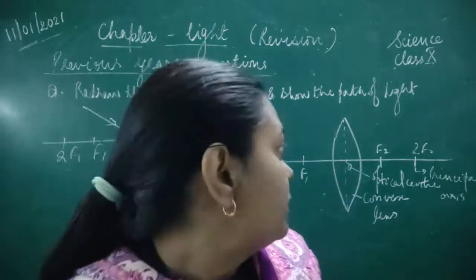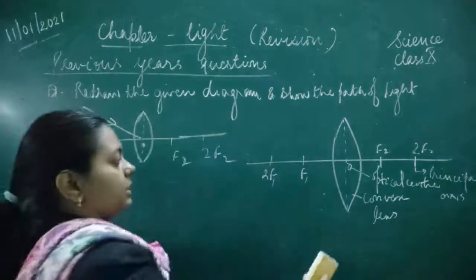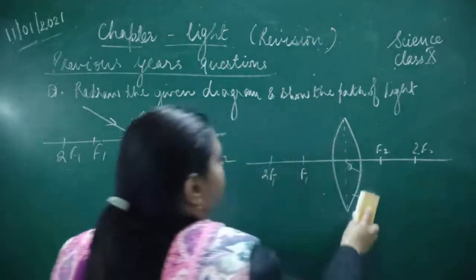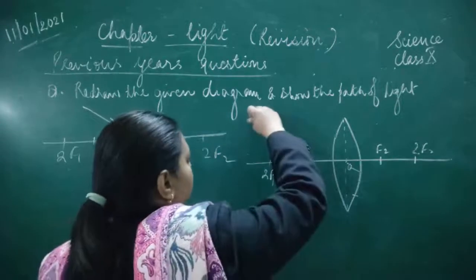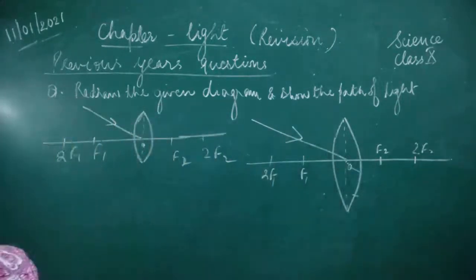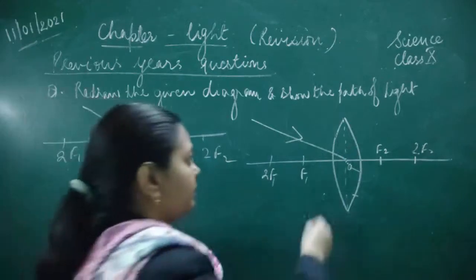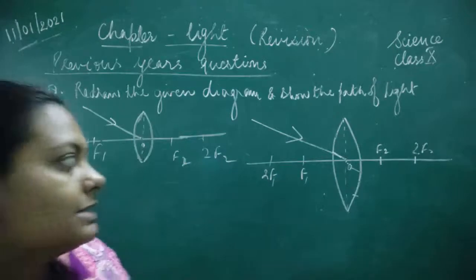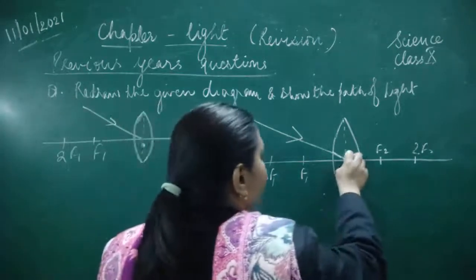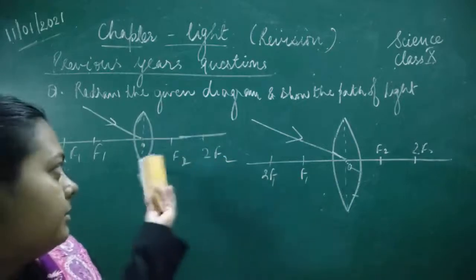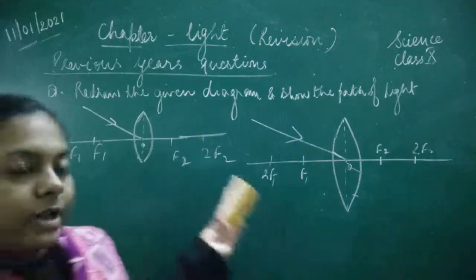So what are you going to do? Here in this question, it is given that the incident ray is incident on this lens. Okay, so it is going to get refracted once, a little deviation will occur, and after that, when it is coming out from the next side, what will be done? So you have to complete this. So this was given as an incomplete diagram. Okay, so how are you going to complete this?